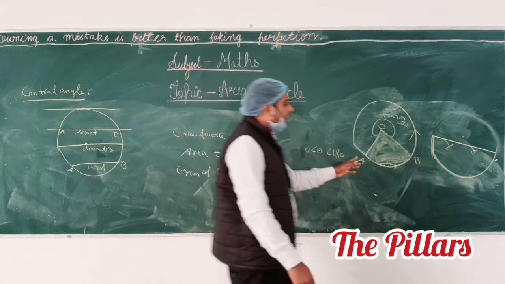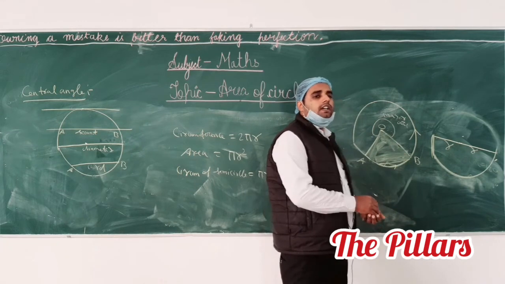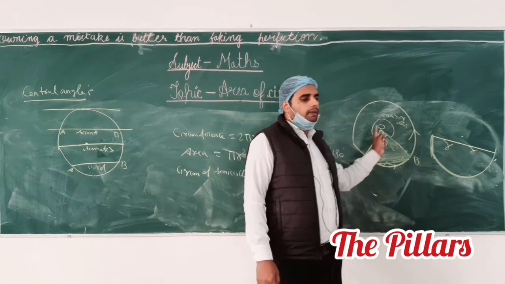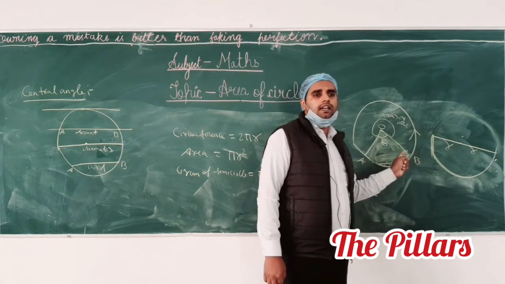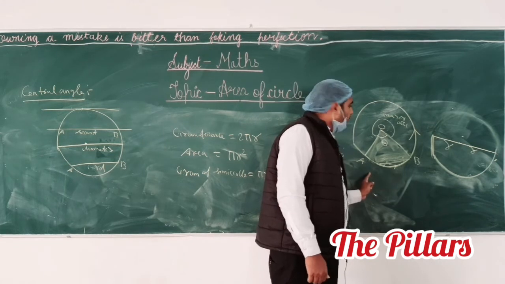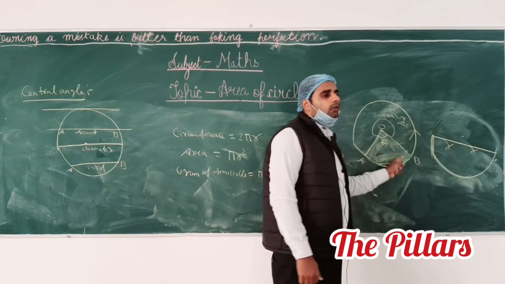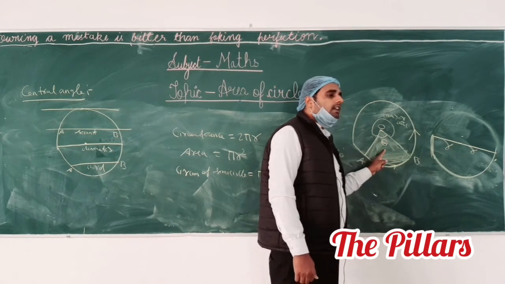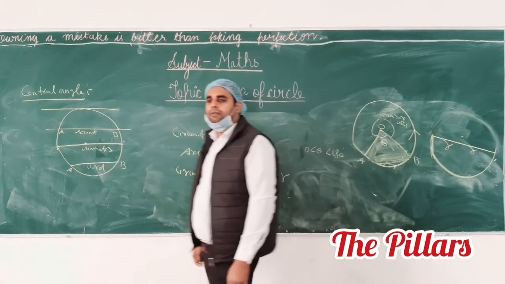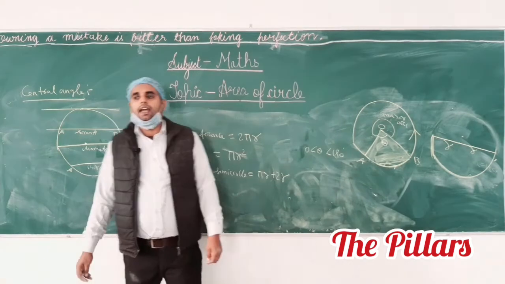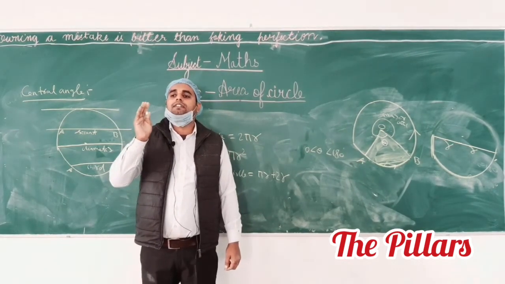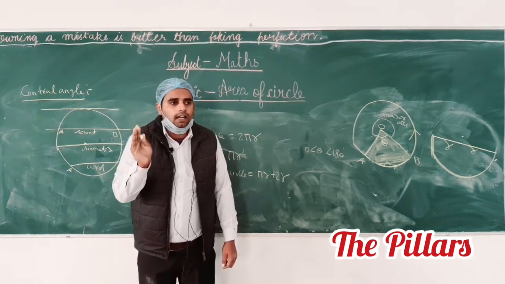Make the figure and mention AOB is the central angle. You have to mention it like that. AB is an arc. By this arc, the angle made at the center is AOB. Suppose the angle is theta. In the central angle definition, does anyone have any problem? An angle subtended by an arc at the center of a circle is called a central angle.